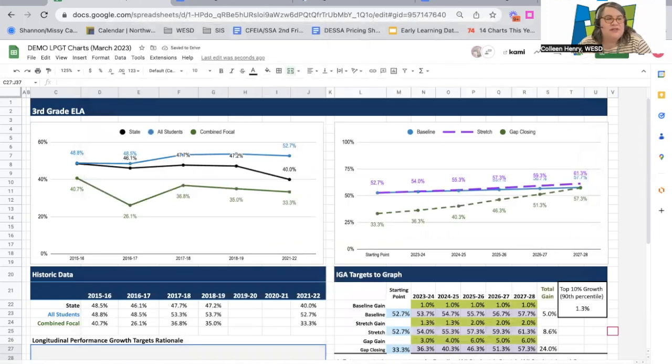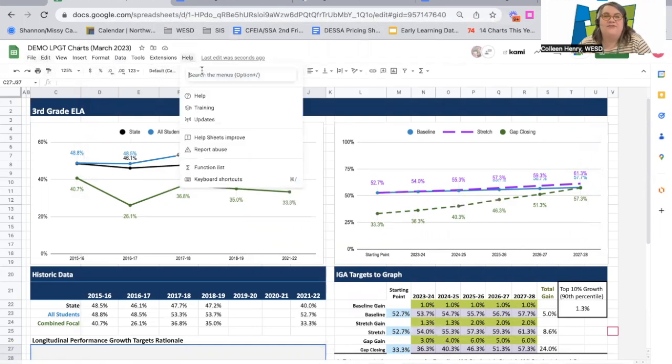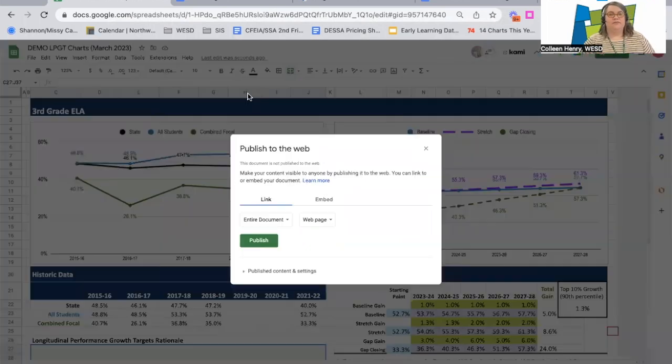The other option that I want to demonstrate is how to publish your workbook. So this is a feature that is kind of hidden. Google used to put it under the file menu. Now I can find it by going to the help option and typing in publish to web. So there's a couple setup steps here that I'll narrate for you. I'm going to choose to publish the entire workbook, so all 5 tabs, and I want Google to make it